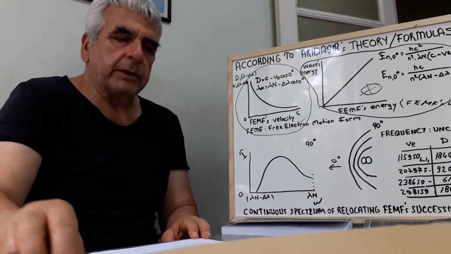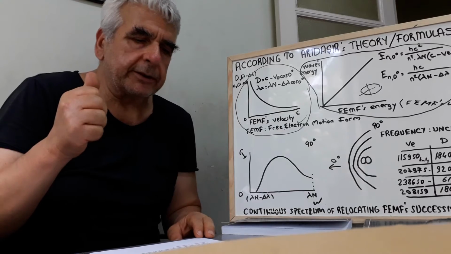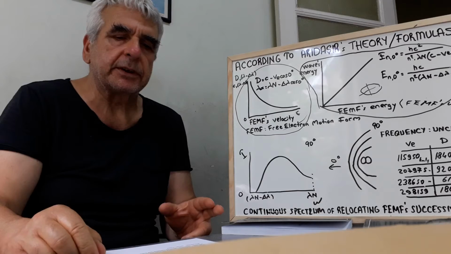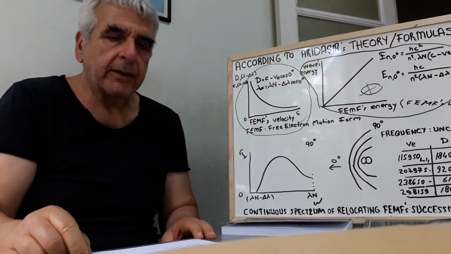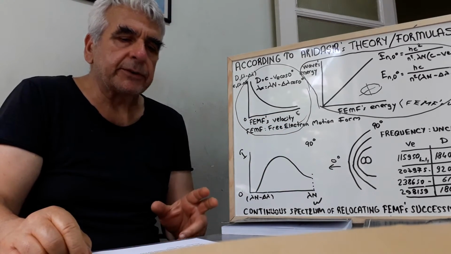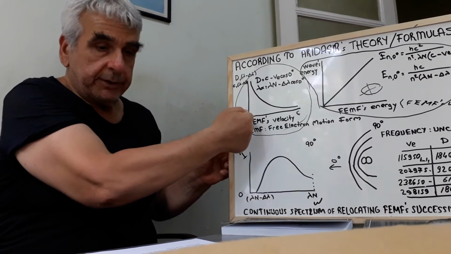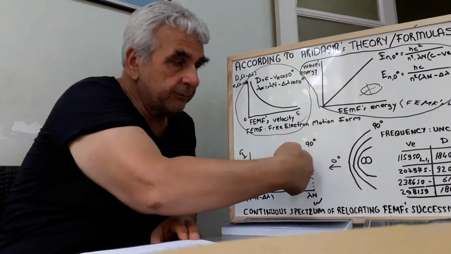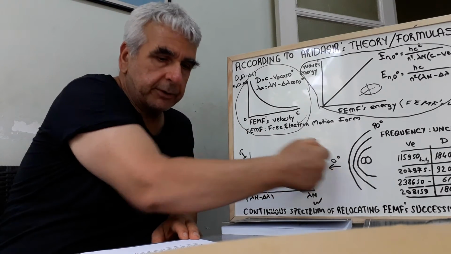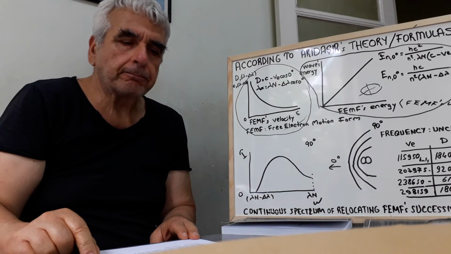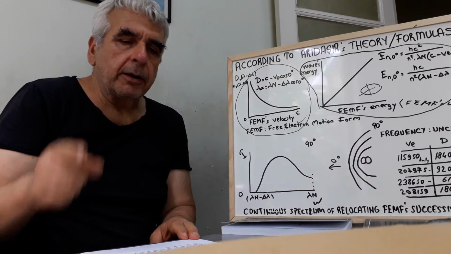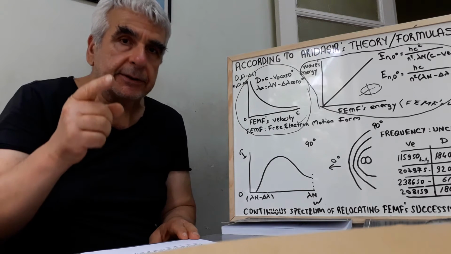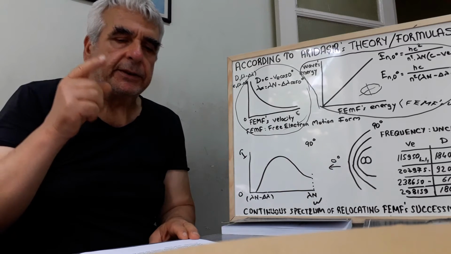Successive wave velocity and wavelength are inversely proportional to the electron motion form's velocity. If the free electron motion form's velocity approaches c, the successive waves' velocity approaches 0 in the direction of the free electron motion form's motion. 0 degree, remember. And in these conditions, there is a continuous